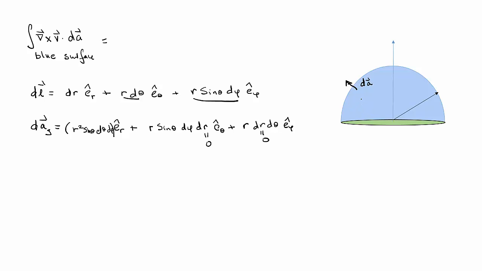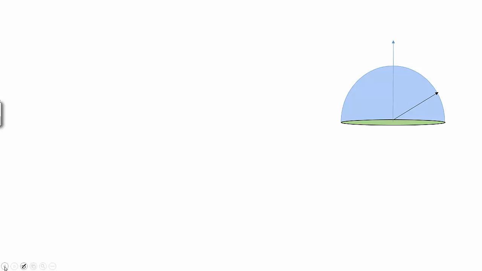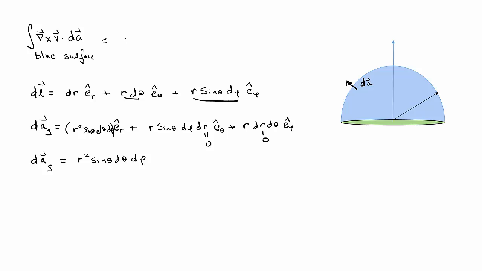So over here, dr is 0. So dA, if I may use this notation for the particular surface, is nothing more than r squared sine theta d theta d phi. So when you come back to the integral here, I will have the phi integral and the theta integral, and curl of v, which is minus 2 k hat, dot,